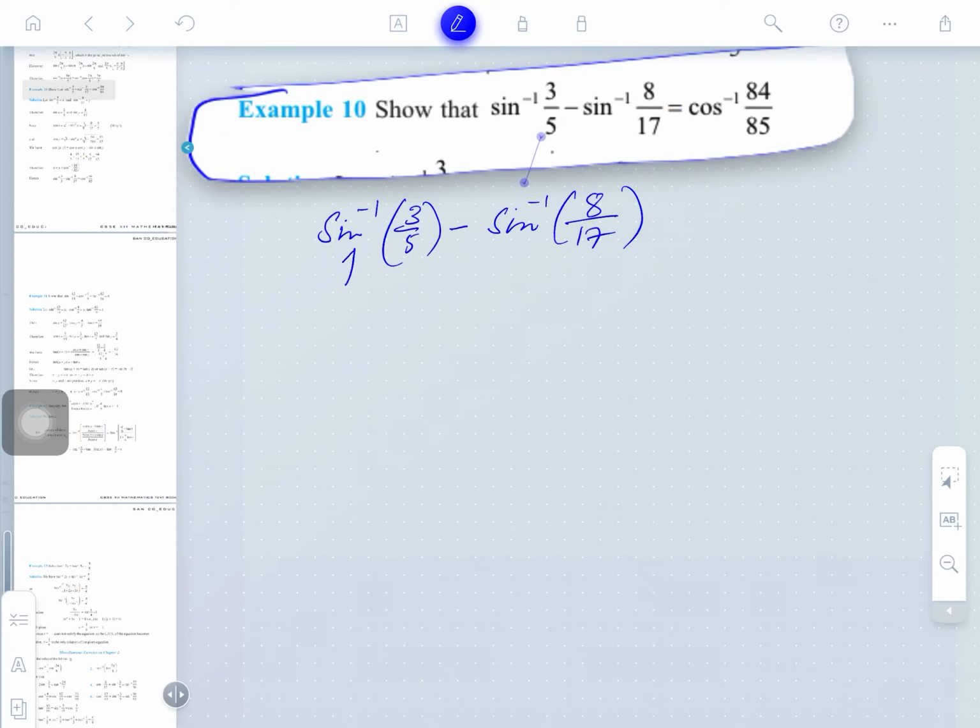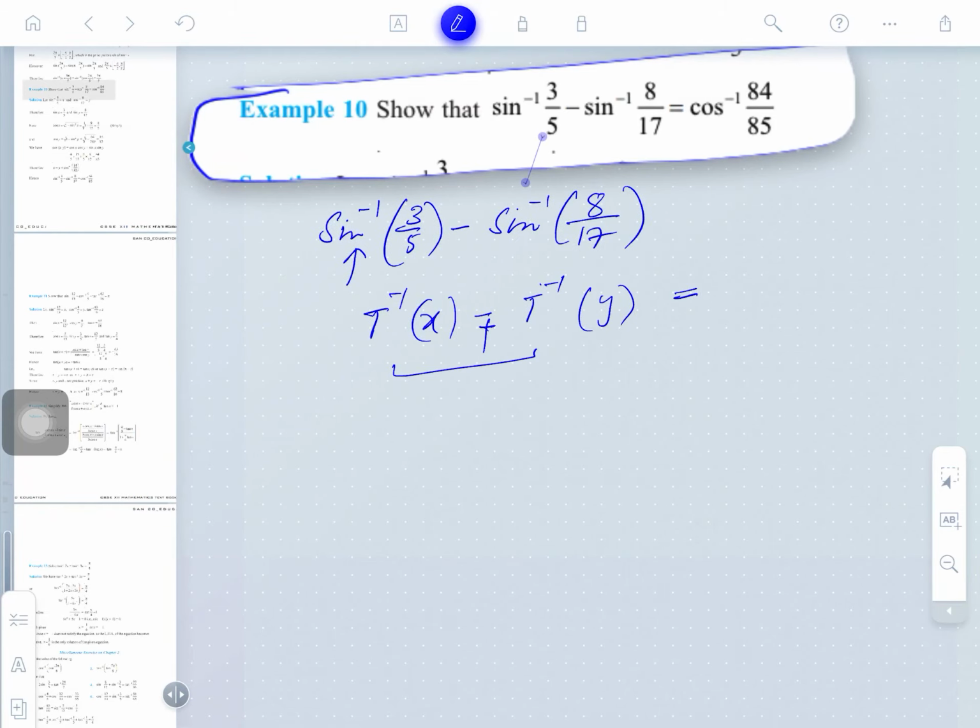You just see here. It means a trigonometrical function of this type, t inverse of x minus t inverse of y. Is there any identity we have studied for that, plus or minus? So we'll say we have not studied it for sine, we have studied only for tan, only for tan. This type of identity we have studied only for tan, right? Plus minus, not for sine. So obviously it cannot be solved directly for sine, right? You may check this also, right? So we need to first convert them into tan. How can we convert them into tan?